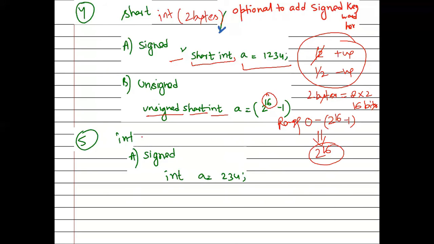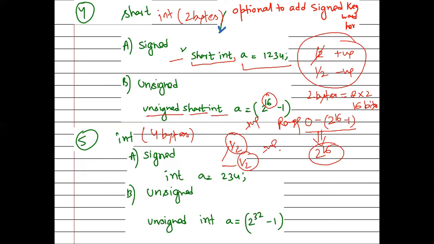Integer, again, we have 4 bytes. Okay. In case of signed, it is again divided into half and half. So in case of integer, if we have 2 to the power 16 for the unsigned, for the signed we have to assign half of the values to the positive integers and half to the negative. In case of unsigned, we are going to assign